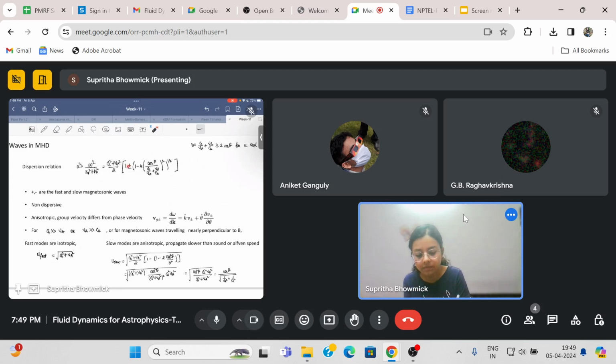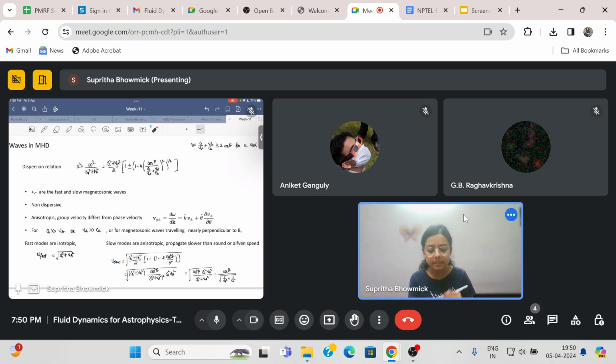Slow modes, the ones which come with a minus sign, slow modes on the other hand, if you put in the simplifying assumptions, what do you get? First of all, you can't just ignore this, because then this will just lead to zero. You can do better, and you can binomial expand this, and then you will see that this term becomes this. Performing a few simplifications, let me know if this step is not clear, you will get this answer. So you do have theta appearing even under these simplifications in the slow magnetosonic mode.